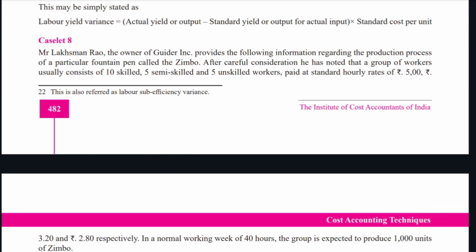In this video, I'll be explaining how to do caselet number 8. So let's go through the question. Mr. Lakshman Rao, the owner of Guider Inc., provides the following information regarding the production process of a particular fountain